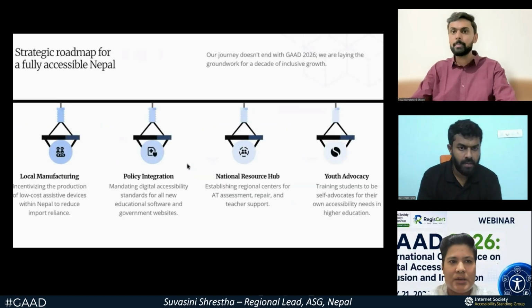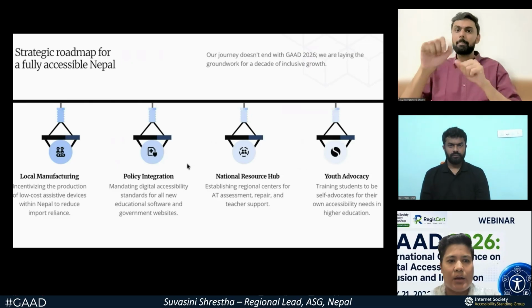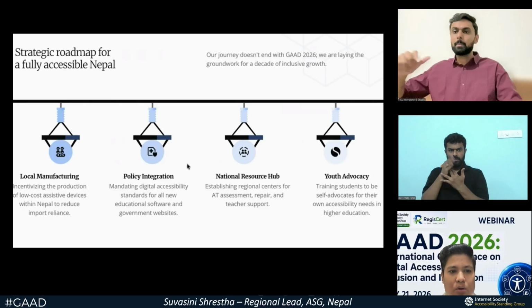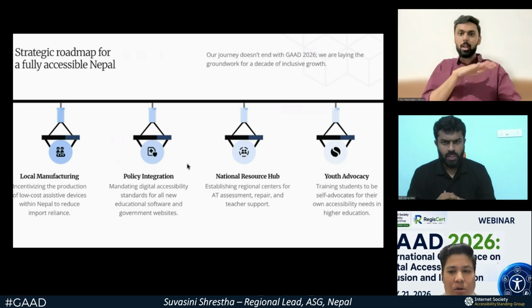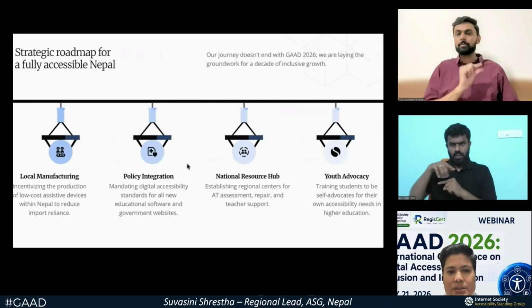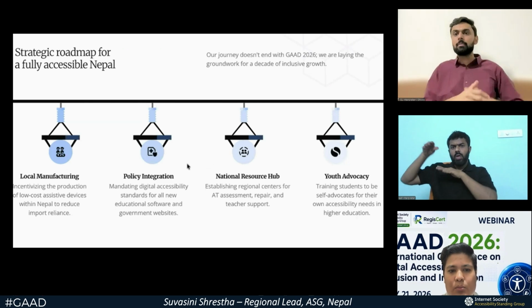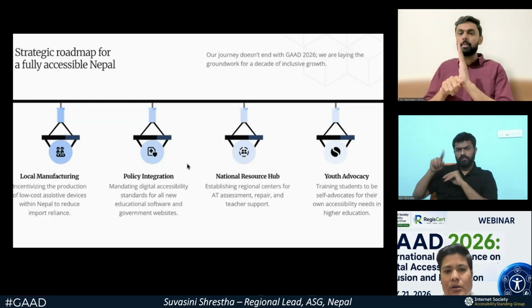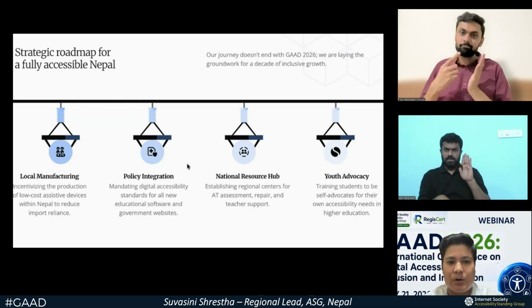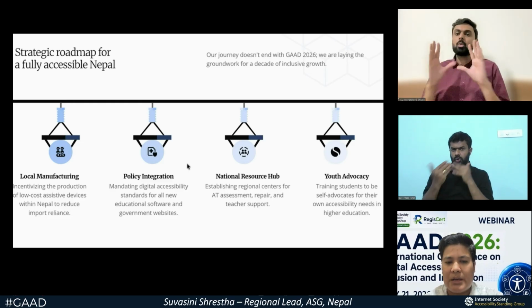So here is a strategic roadmap for a fully accessible Nepal. We are manufacturing locally the low-cost assistive devices to reduce the import reliance, and we are also integrating the policy that is mandating the digital accessibility standards for all new educational software and government websites.